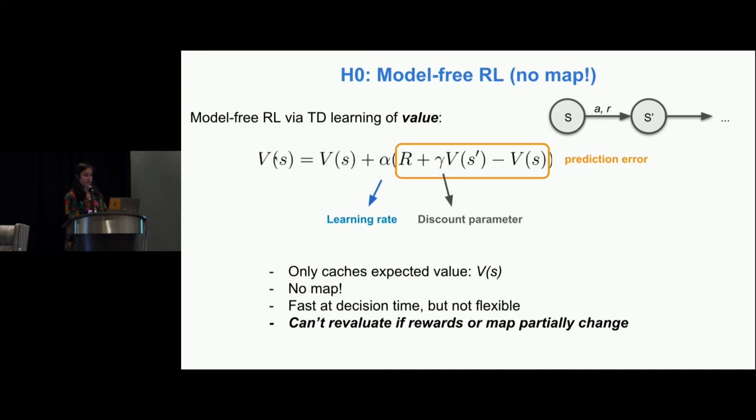It's very simple, it stores a lookup table of values of states and actions, and updates them by having a learning rate, which is between 0 and 1, and a prediction error. And the prediction error says simply, this is the reward in the state I have, this is the discounted value of the next state, and then this is what I expected to get in this state. If prediction error is 0, it means I have perfectly learned what is the reward here, what is the discounted value of the next state, and there are no surprises.